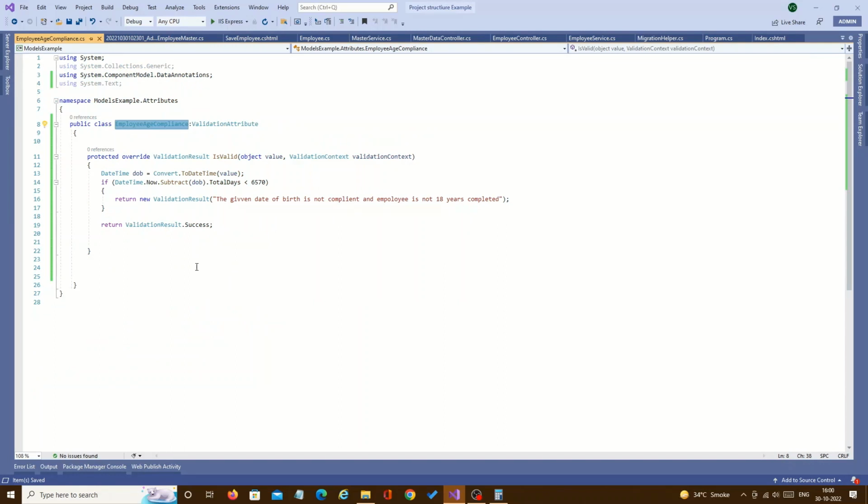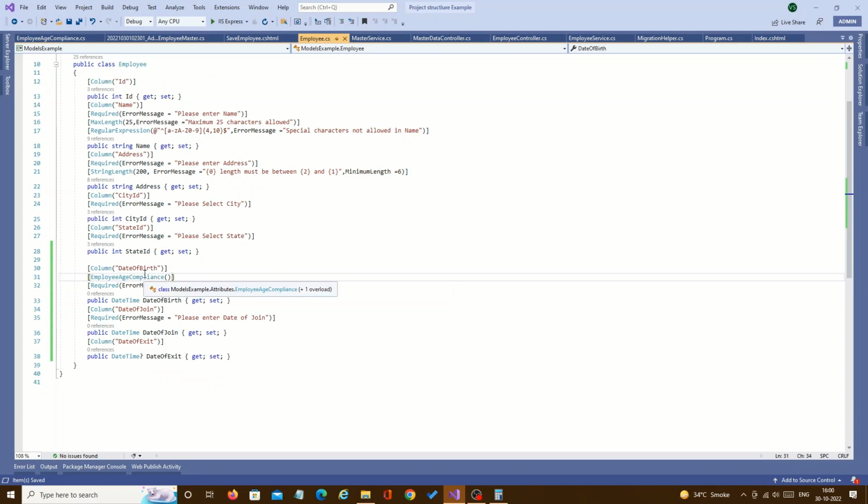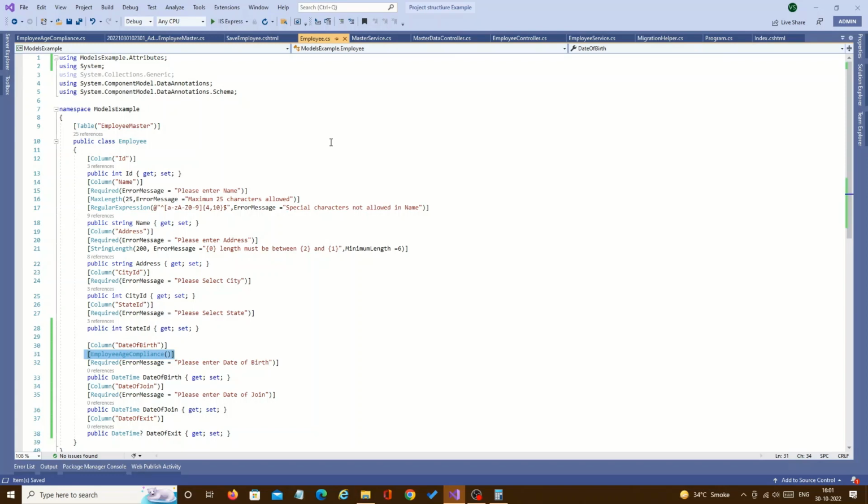So this way you can implement your custom validation. You can add multiple attributes and implement it like this by decorating a property. So I will show you